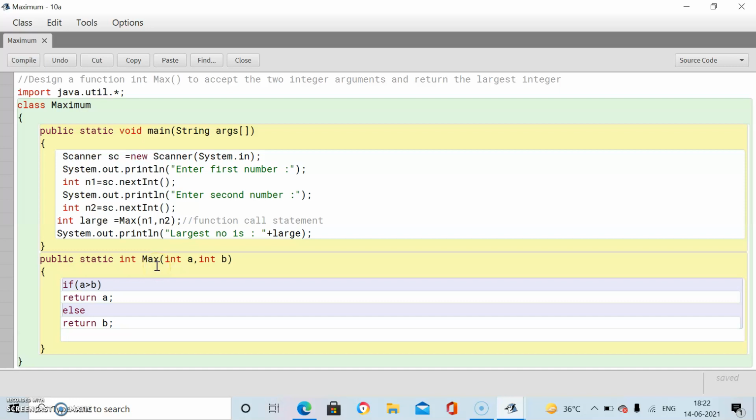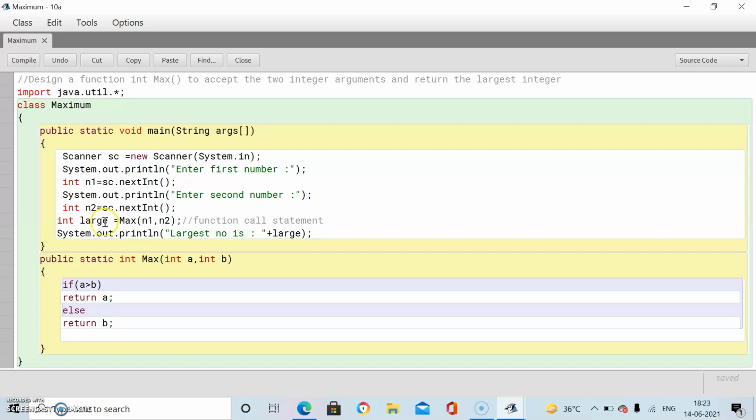To the max function. Now the comparison will be done. A or B, the largest one, will be stored within this variable large. Whatever this function is returning, you are storing that value within int large. What is the return type of max?